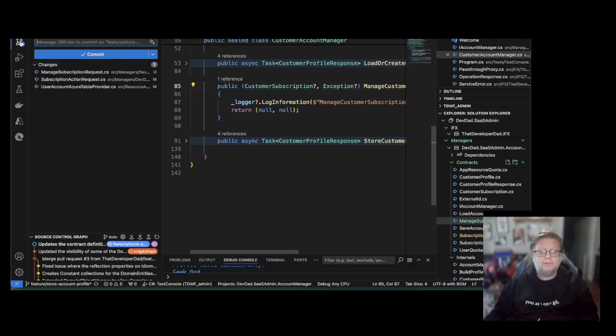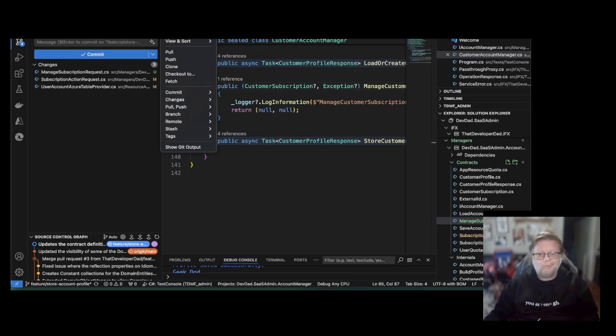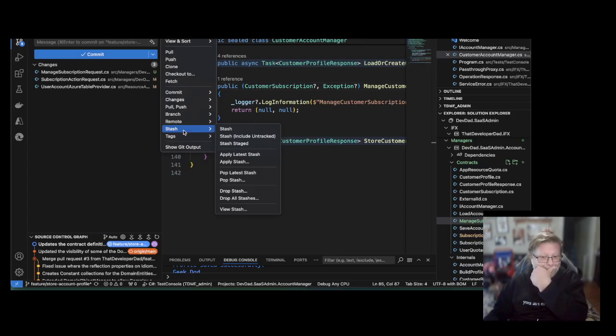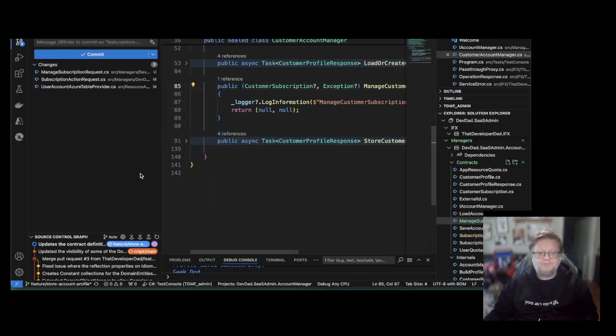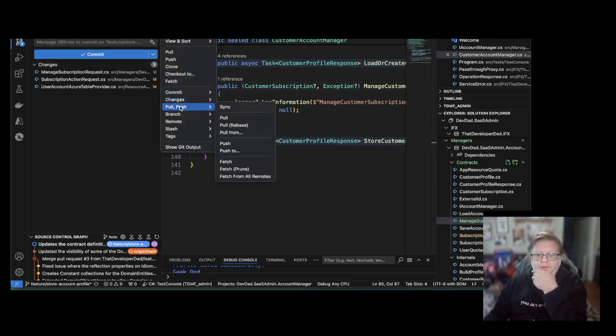Let's stash. Can I stash? I can stash. Let's stash these. And what I actually want to do is